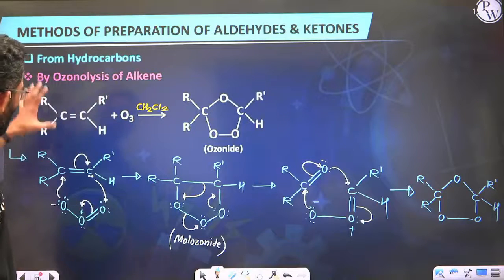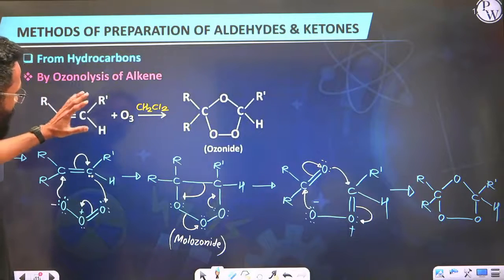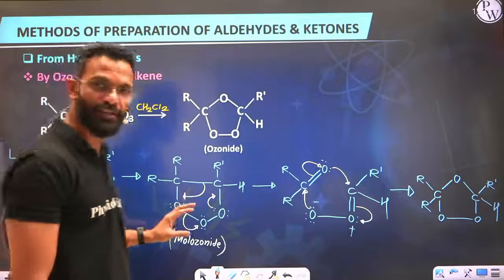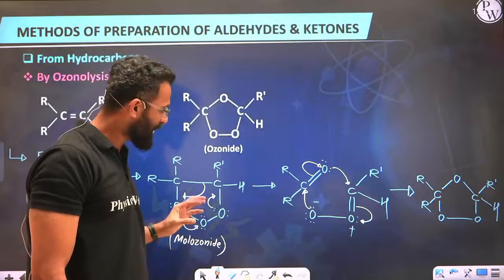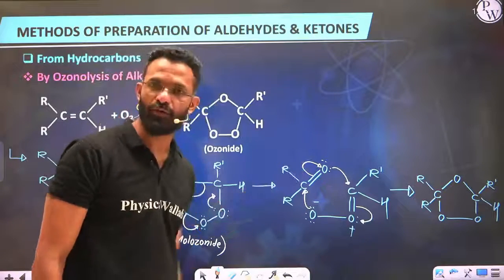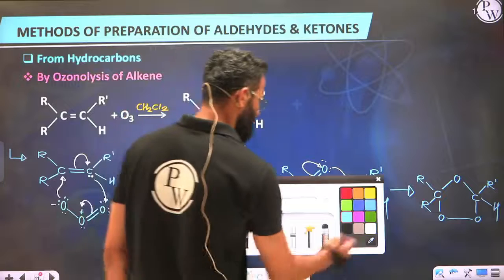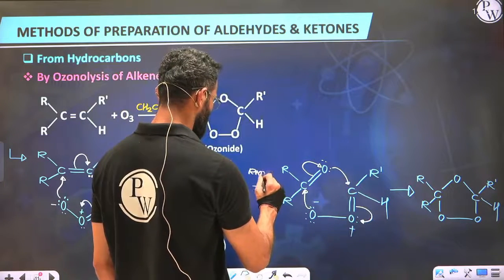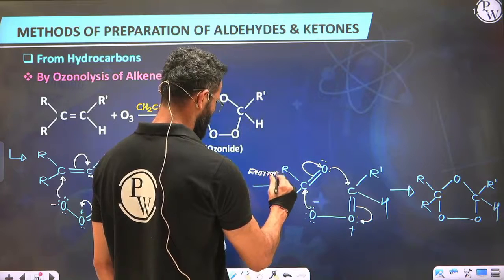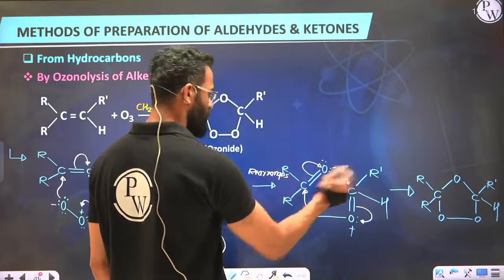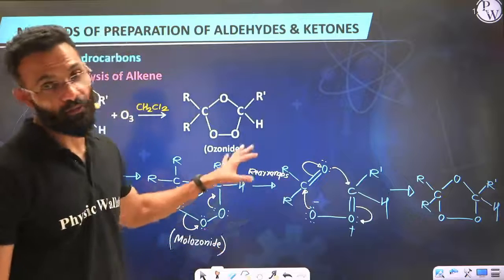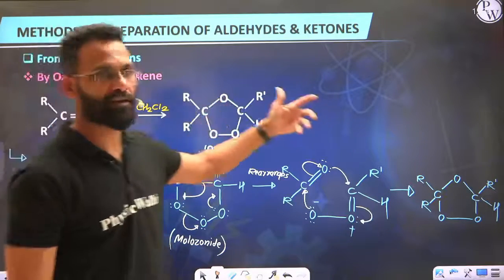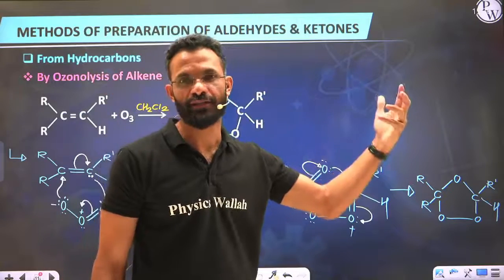So everyone, an alkene upon reaction with ozone in presence of dichloromethane first produces molozonide, which itself decomposes and rearranges to form ozonide. So here you can see the rearrangement took place. Now once the ozonide is formed, this ozonide can be further broken under either oxidative condition or